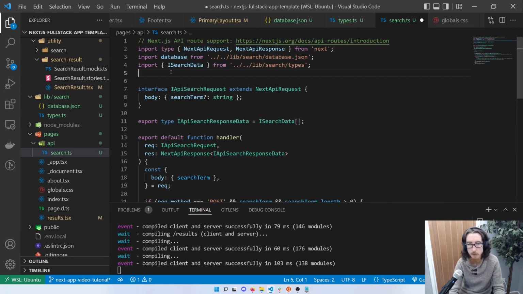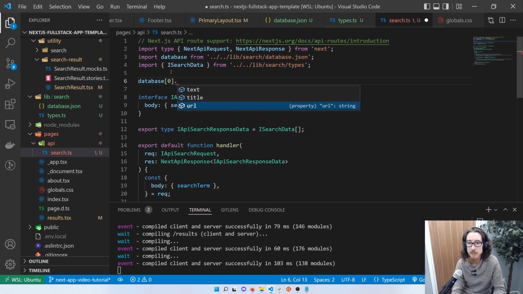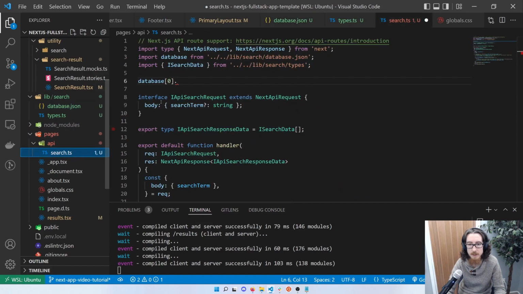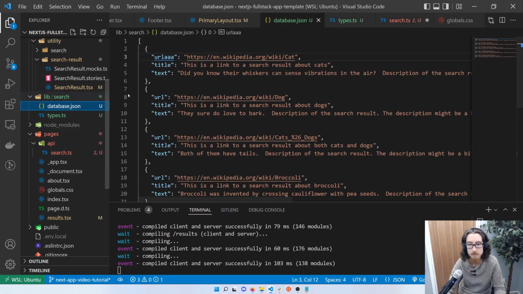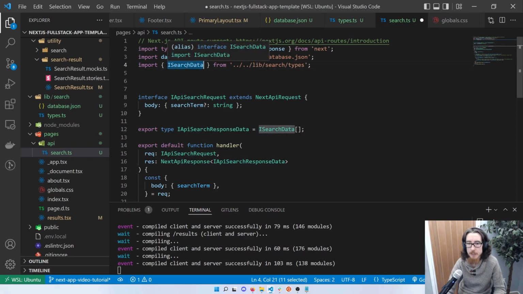Remember it's an array, so if I do database at 0 dot, look, title, text, and URL, and that's not using the interface that I created at all. It's scanning my JSON file and getting these there. If I changed one of them to have URL for some reason and go back and look, see, it's now saying I'm not sure the data could have this or could have that. It's not consistent. So pretty cool. I've got a type safe version of my database to read from,